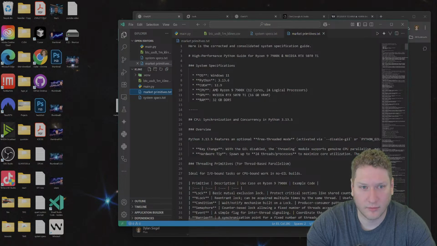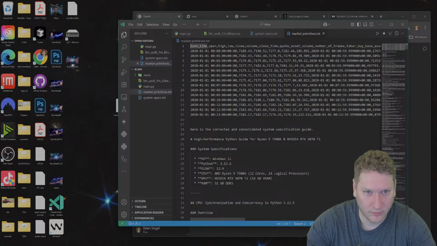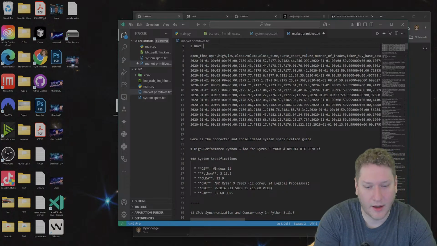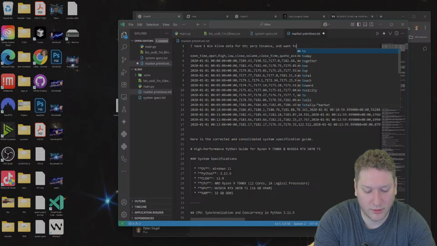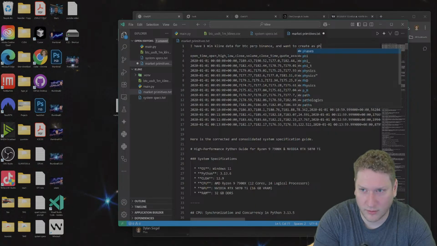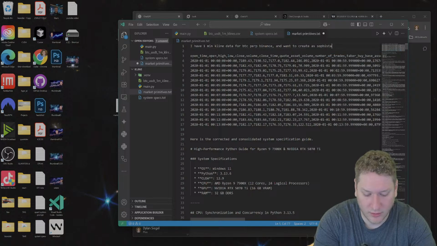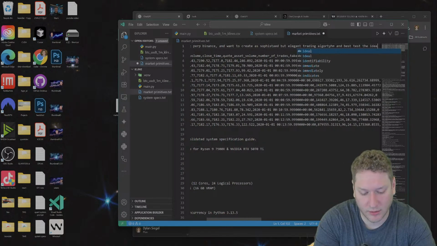Okay, I have one minute K-line data for BTC perp Binance. I want to create an elegant trading algorithm and backtest the idea.